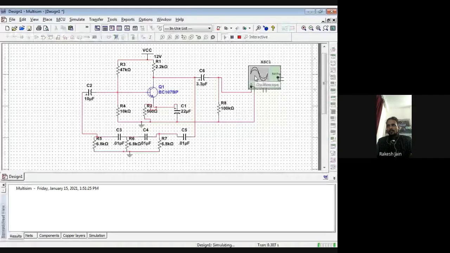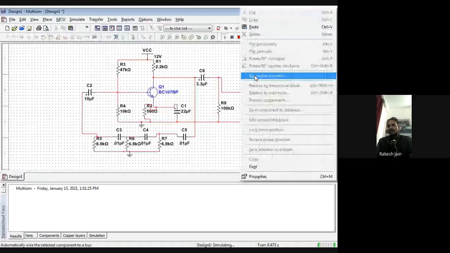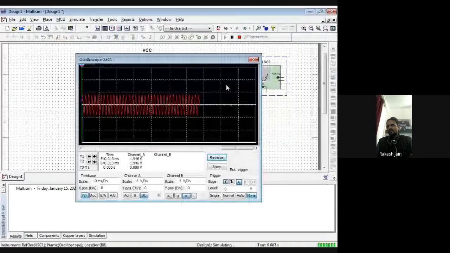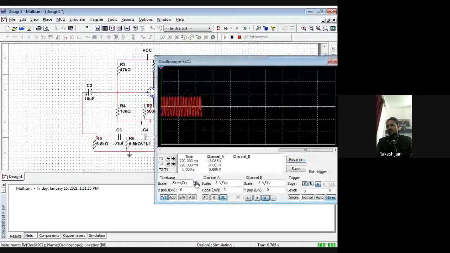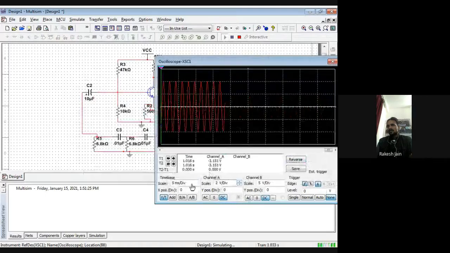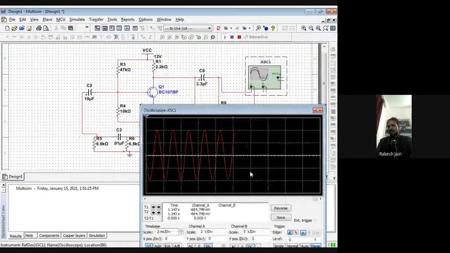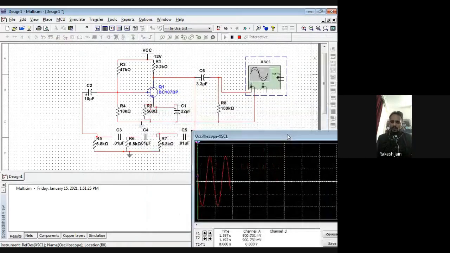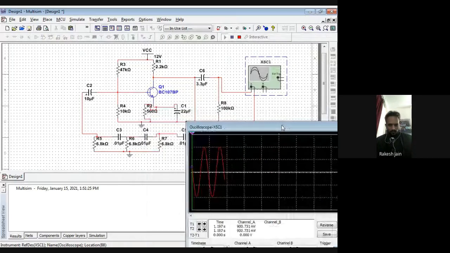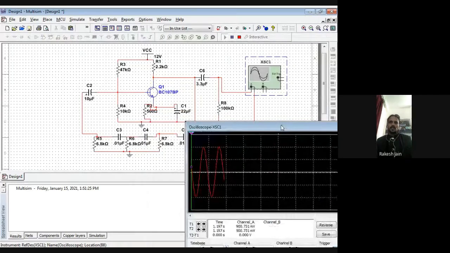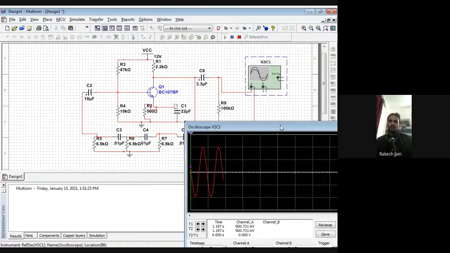Just save this circuitry and see when we run this. We will definitely find a sinusoidal wave. The RC phase shift oscillator is an oscillator, so it will generate an output waveform by designing the correct component values, as we discussed in the previous lectures. We designed values like 0.01 microfarad, 6.8 kilo ohm, 47 kilo ohm, 10 kilo ohm, 560 ohm, 2.2 kilo ohm.